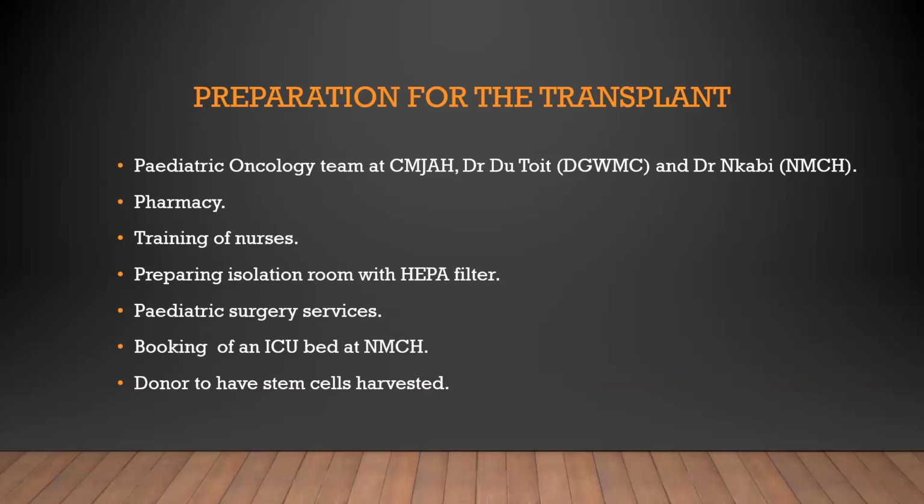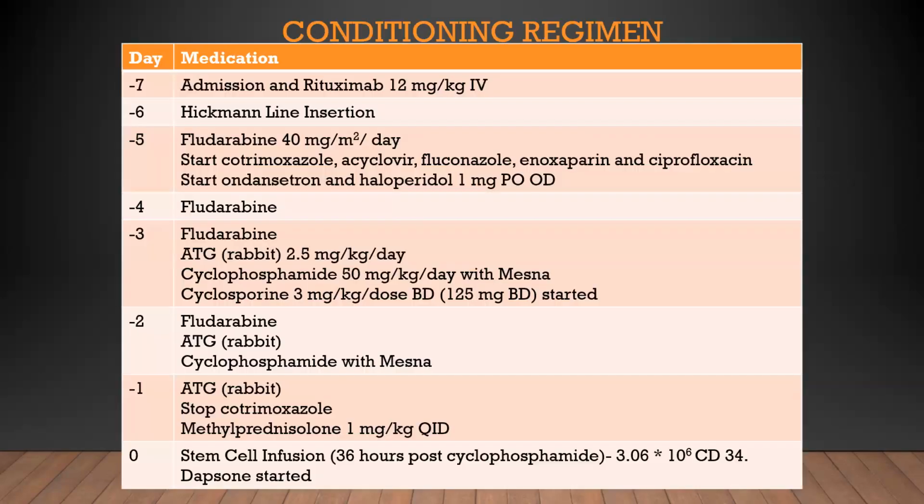So the aim was to get a bone marrow harvest from the donor, but she's only 6 years old and weighed 15 kilos. So we decided it would be much safer to harvest stem cells from her. She received filgrastim 5 days before the harvest, and there were no complications. So we had 2 bags which were collected. The first bag actually had Bacillus species in it and was not used. We only used 1 bag of stem cells, which had about 3 × 10⁶ CD34 cells.